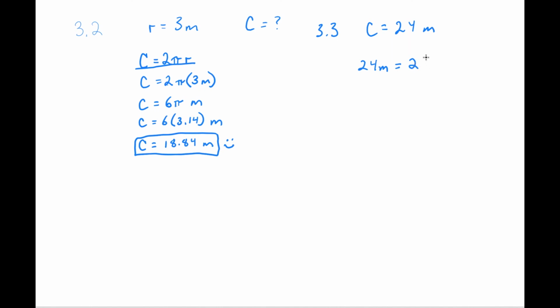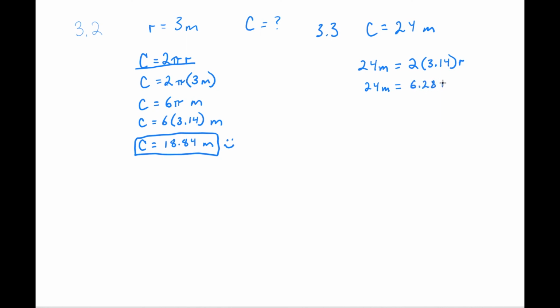We have 2, and we know that pi is 3.14, but we don't know the radius. So we leave r there. So now let's go ahead and do what we can do here, which is to multiply 2 times pi. So 24 meters equals 2 times